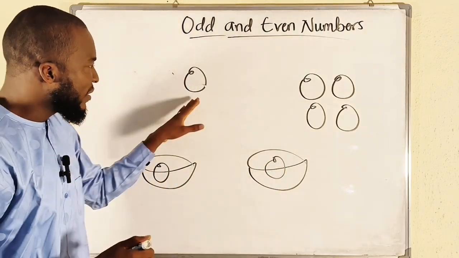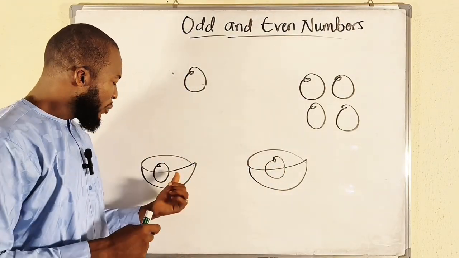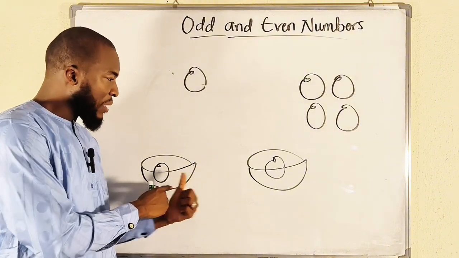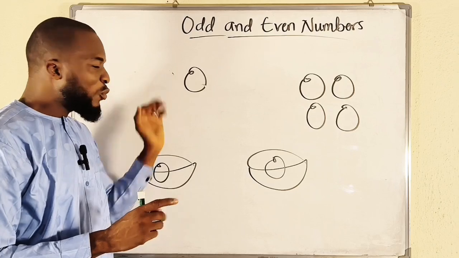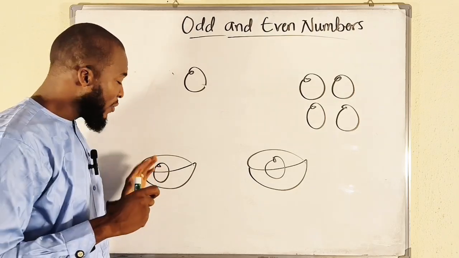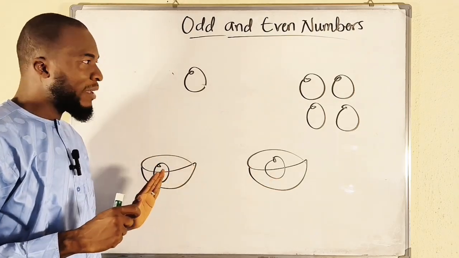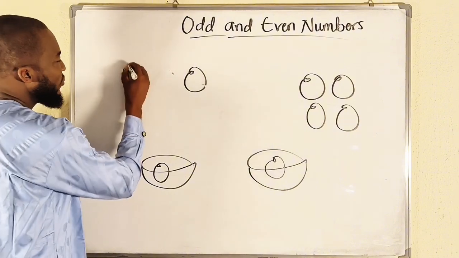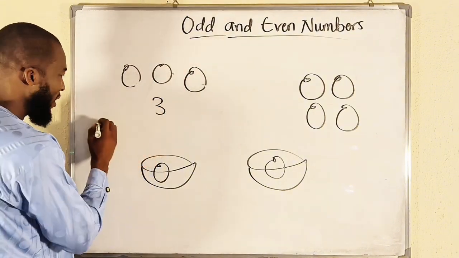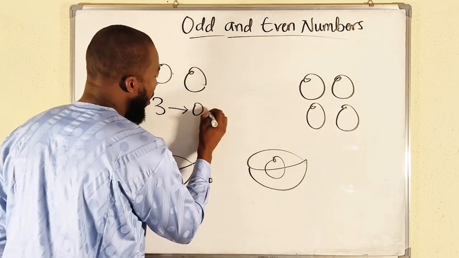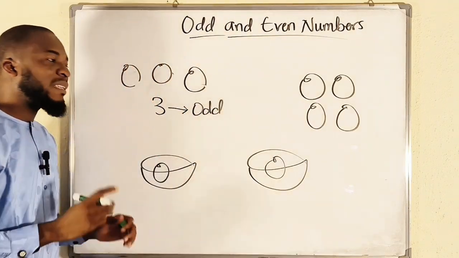Where am I going to place the third one? If you place it here, you have 2 oranges here, but this remains 1, so they are not equal. For this to be even, you have to divide it equally. Therefore, these 3 oranges, if we call it 3 as a number, 3 is an odd number, because it cannot be